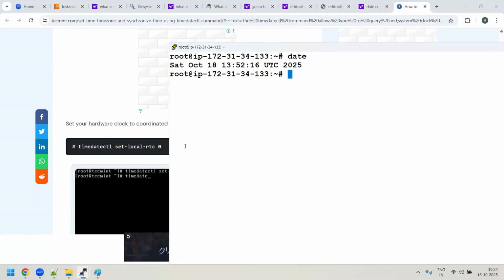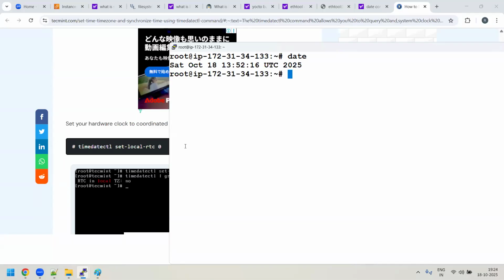Suppose in our organization some guest users come and we say, okay, log in through this user ID, username, and we want to restrict them so that they can execute only some particular commands, like the date command, like whoami. So how can we do that in Linux? We can do that with the help of the sudoers file. You can restrict that user to particular commands.